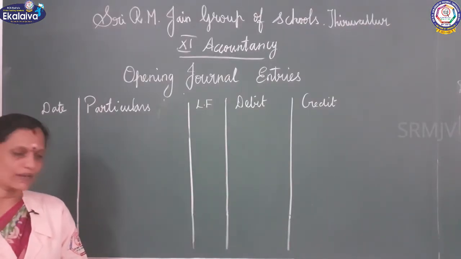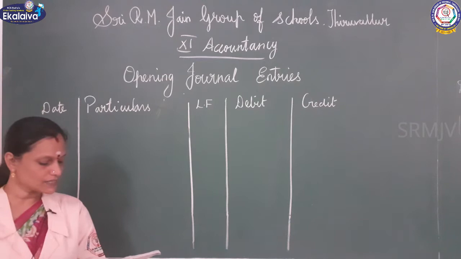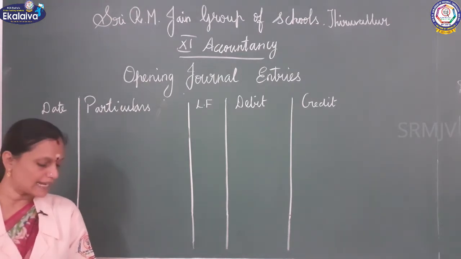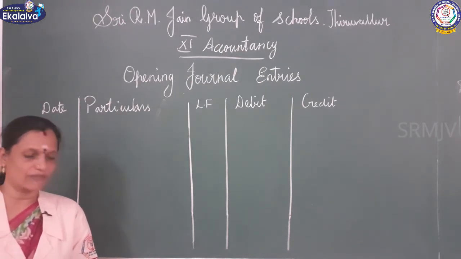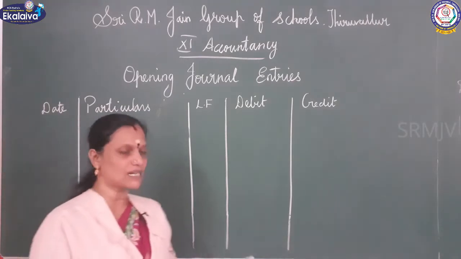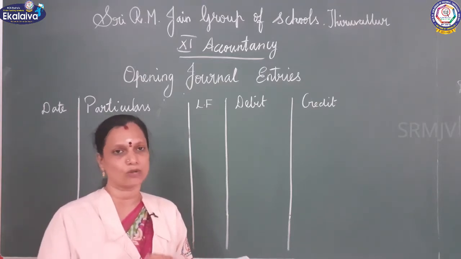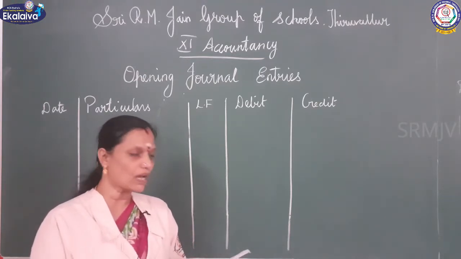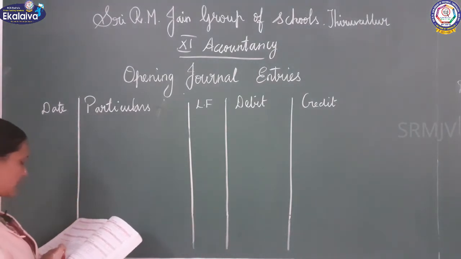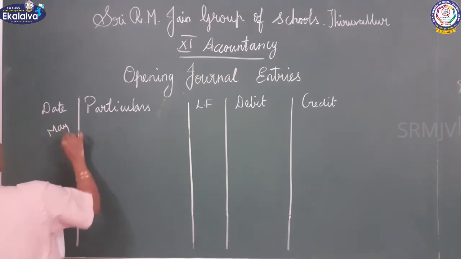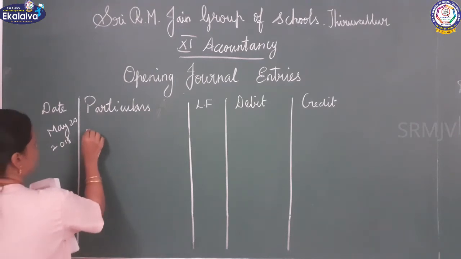See, children, now I will tell you one example. Journalize the following transaction and post them to ledger. On May 20th, 2018, Ram paid salaries 15,000, electricity charges 8,000 and wages 2,000. In this transaction, the same type of entry we are going to do. That is called a compound journal, we used to say. So how I am doing, you see, children. Ram paid salaries. In which date? On May 20th, 2018.